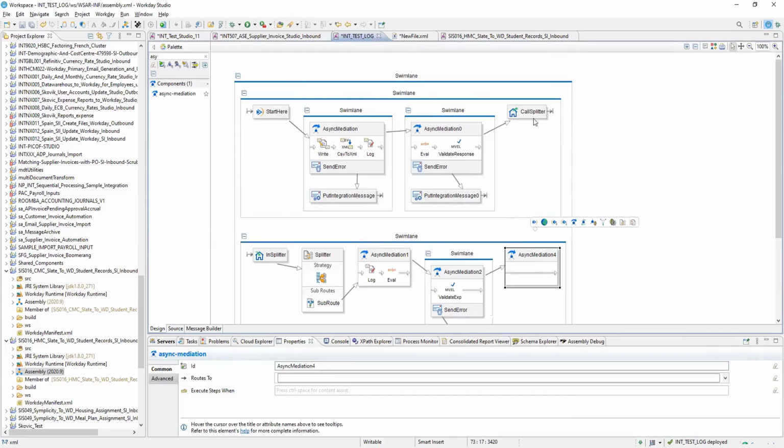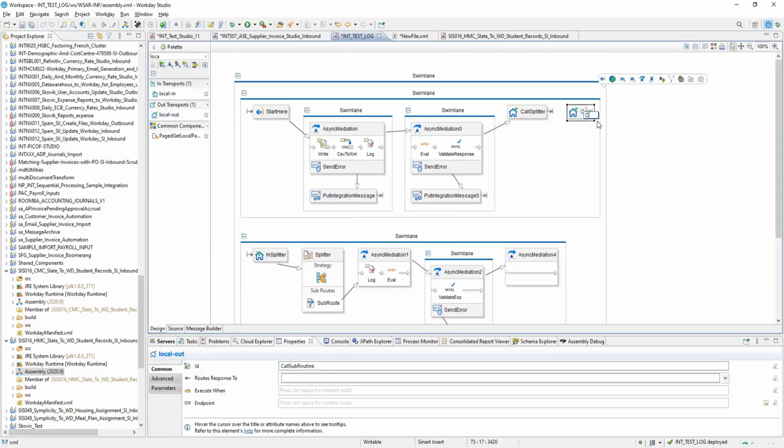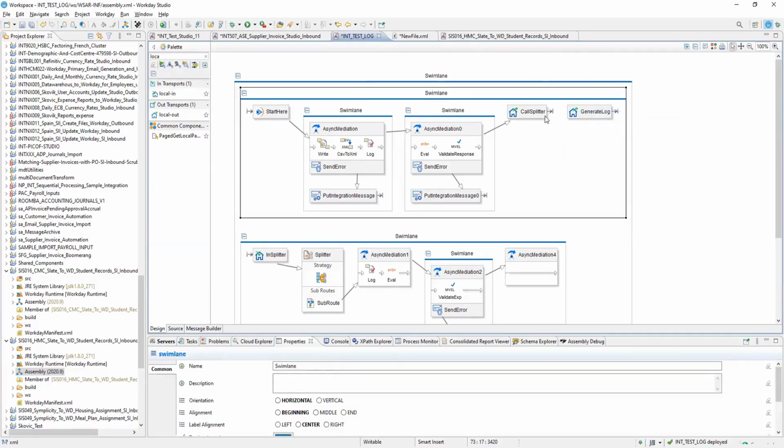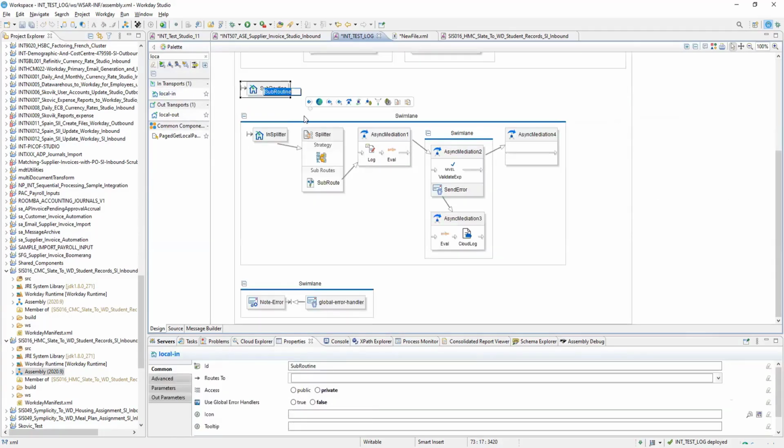Let me first put another local out and name it Generate Log. I will connect it to this, and I will give a local in and change it to Generate Log.